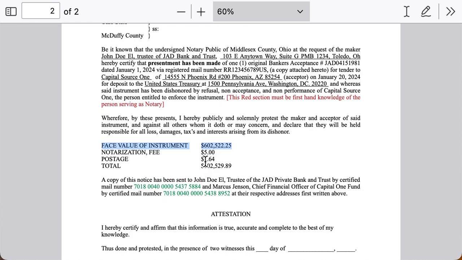Postage lines up. In this example, I have $2.64. I was saying 3 notices, 3 forever stamps, and that's the postage. But really, you're going to calculate the postage of whatever, because if you're using certified mail, the postage is going to be different. But if you're going to put the postage here, make sure it matches up precisely with what's on your receipts, or make sure you have evidence of it, because this is official record, and now it connects and ties into the government postal records.